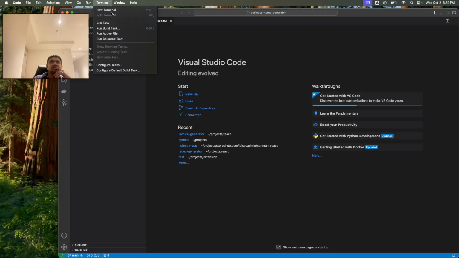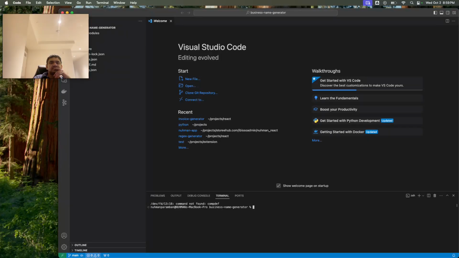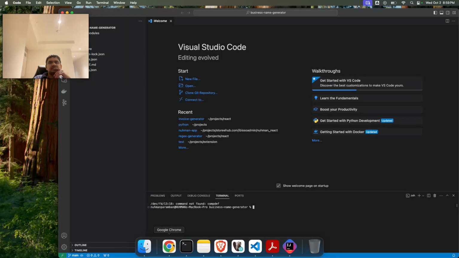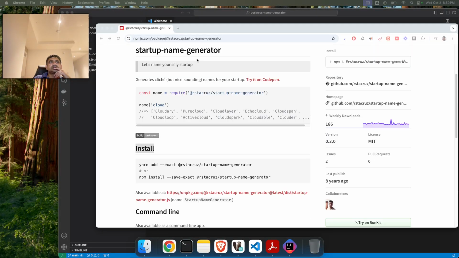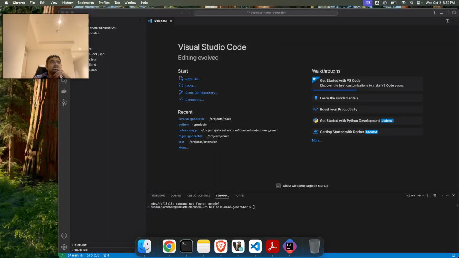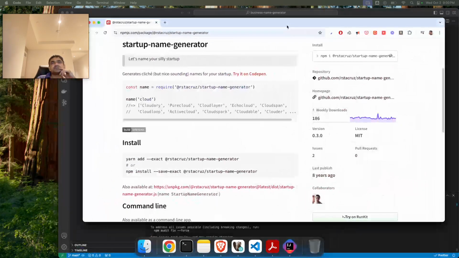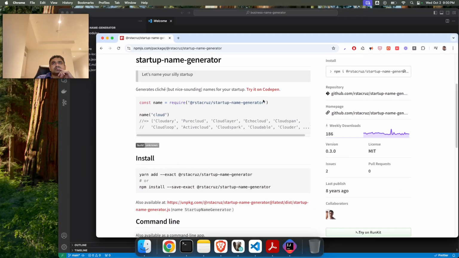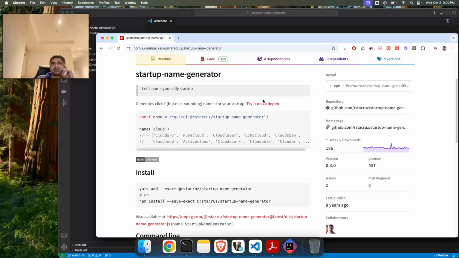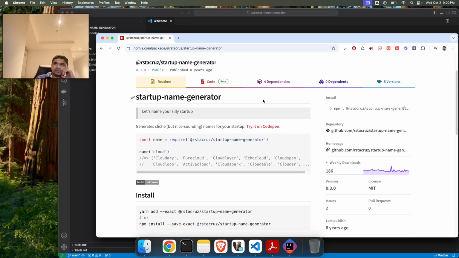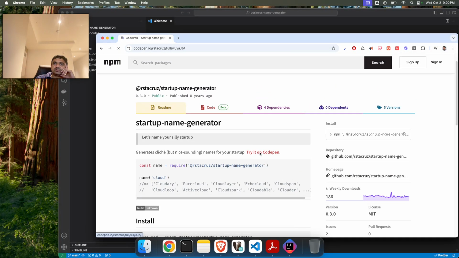Right now what we need to do is go to the new terminal and use that library. That's the thing we are trying to do in this case. So let me copy this one, go back here, and install this one, and we will try to use some examples from here itself. Not sure whether we can do that. Try CodePen